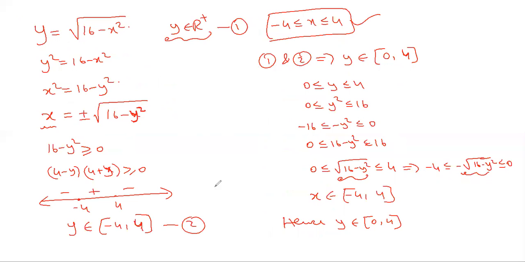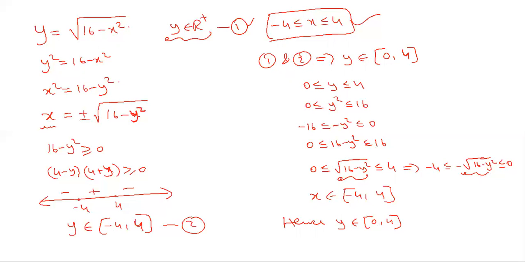So sometimes you do these two and you'll forget to verify that x should lie in the domain for the y values. Sometimes you won't see that y is positive, given in the information. You start from this, and if you start without verifying this, if you simply start from y belongs to minus 4 to 4, even for that you get x belongs to minus 4 to 4. Then you will end up writing the range as minus 4 to 4. So you should have a look at this.